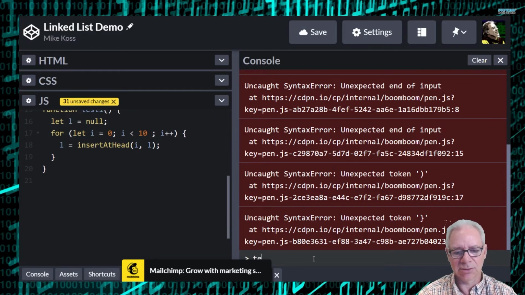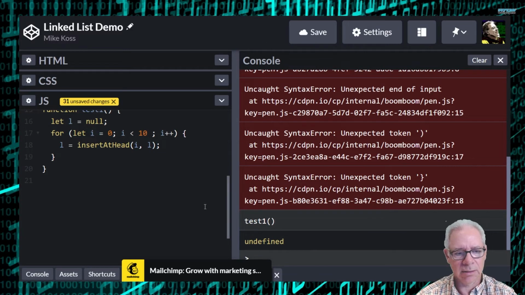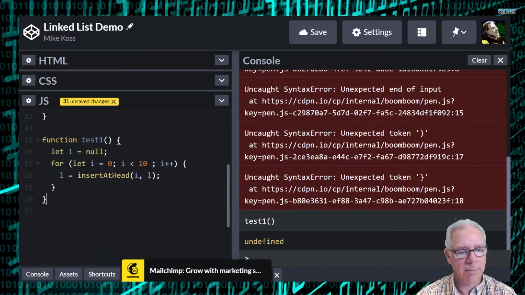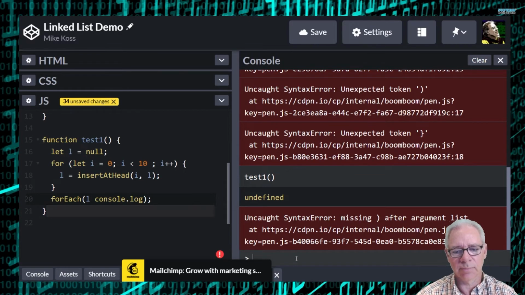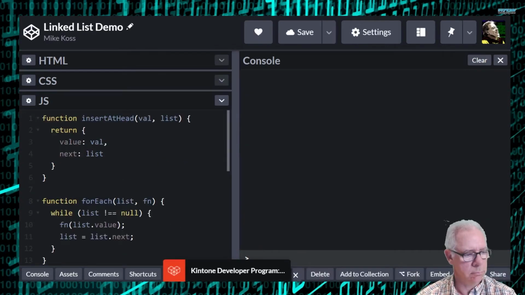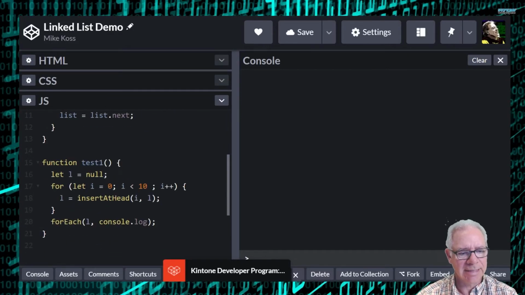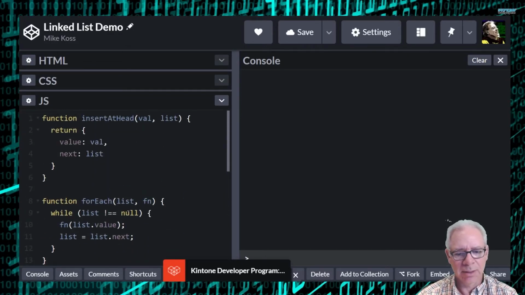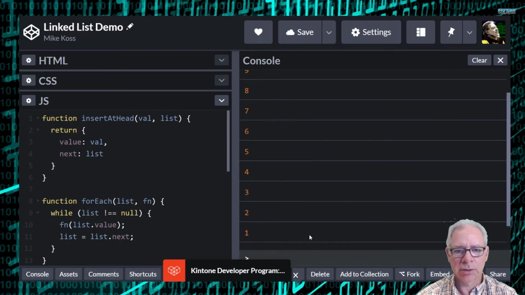It had some syntax errors here. It does not work yet. I'm not doing anything with it yet. I haven't said I want to call forEach element in the list. I'm going to do console.log. So I'm just going to log out the value of each one of those. Okay, I just corrected a syntax error here. I had a missing comma. And we can run that function, test1, and you see it's outputting all the numbers into